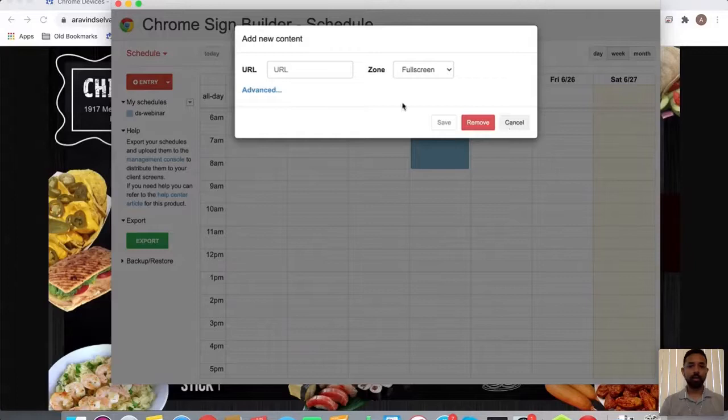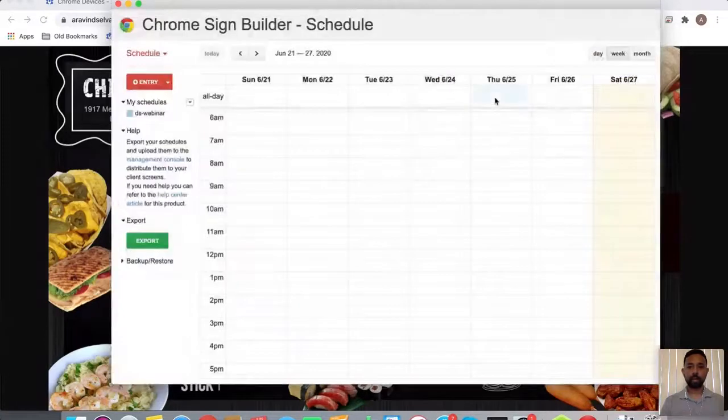I'm not going to go through all the details now. You can even schedule different contents on the same board. I'm going to use just a single one for this demo, and I'm pasting the same URL on this one. Sorry, the top one is for all day, so the player is going to display the contents all day long.